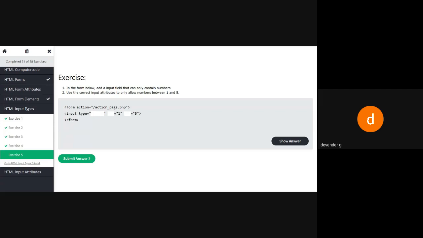Now you read this in the form below. Add an input button that can contain only numbers. Use the correct input type and input attributes to only allow numbers between 1 to 5. Any answer for this?